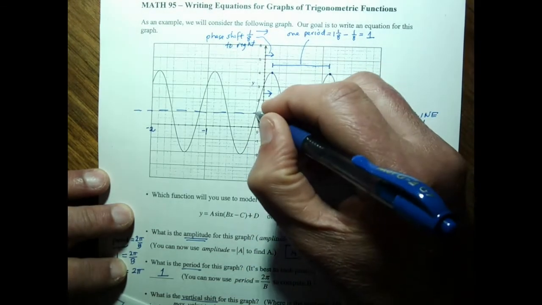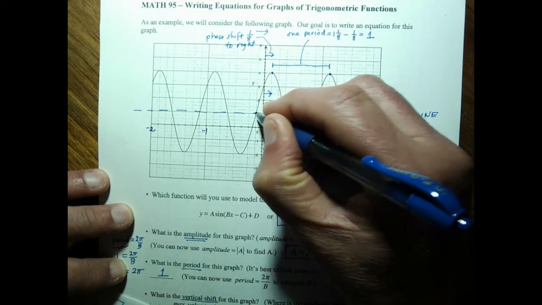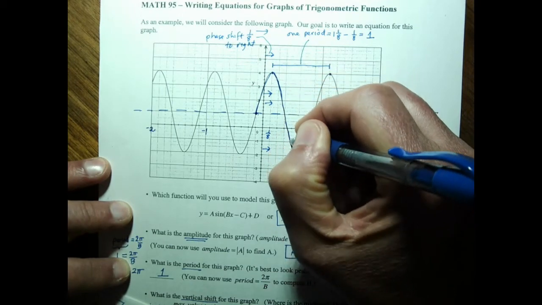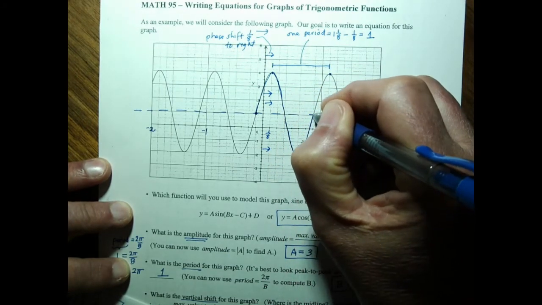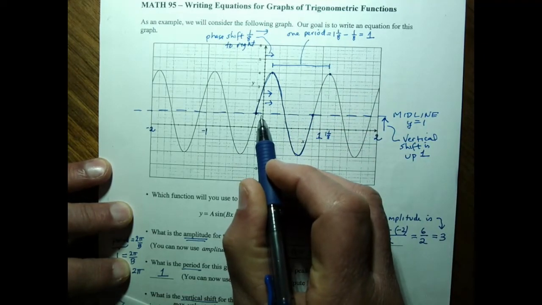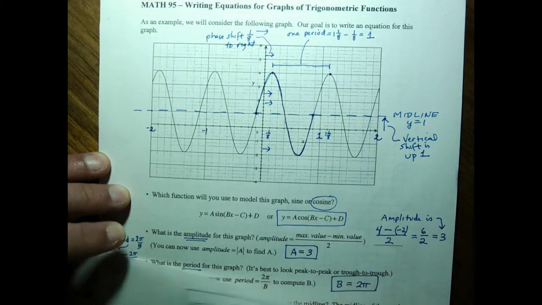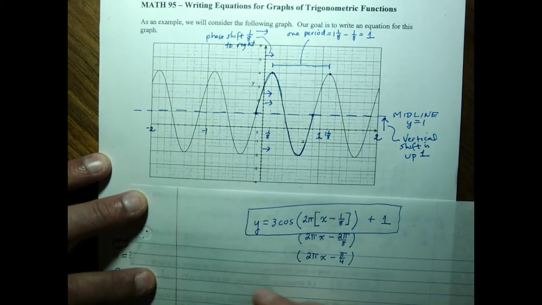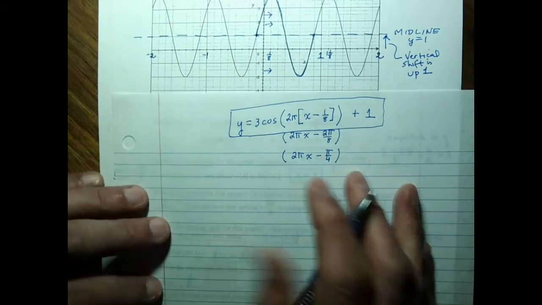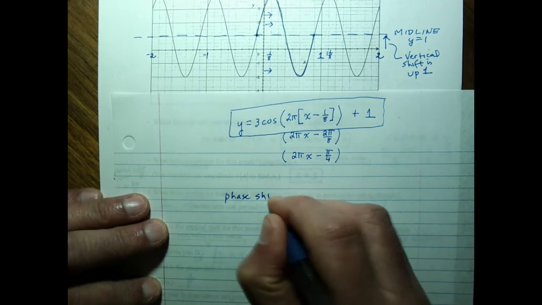So for instance, to use sine here, you might start with a period at this point, go on the midline, go up, down, up, and there we see one fundamental period of the sine function. The difference here is that the phase shift would be 1/8 to the left,